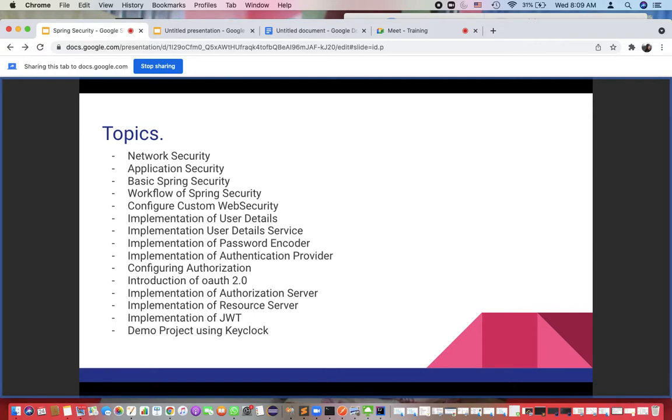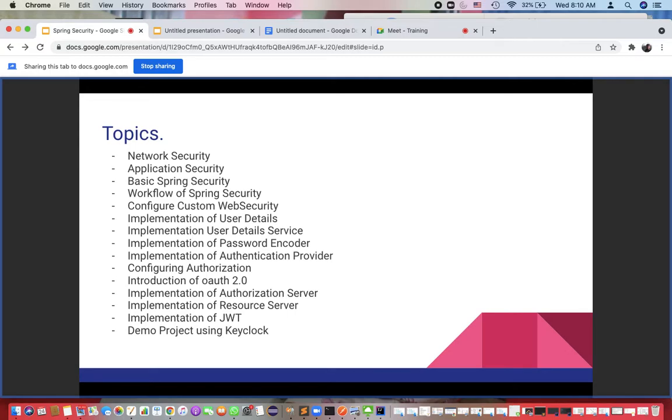Okay, so basically these are the topics, but I'll not go into details for each and every line because initially we are not able to understand what every line means. But at a high level, first of all, we will try to understand what network security means. Then we will go into application level security, right? Then we will try to understand how Spring gives us that security. Then we'll debug and dig into how the Spring Security workflow works, right? How you can customize the things, right?